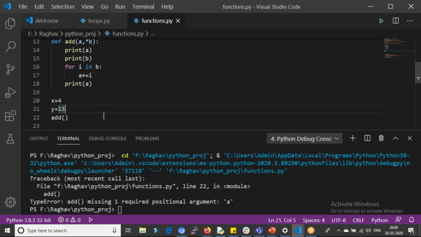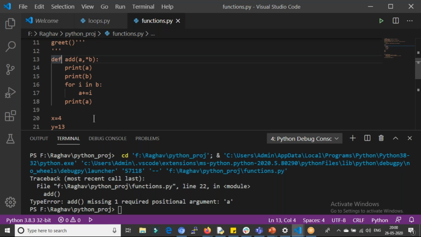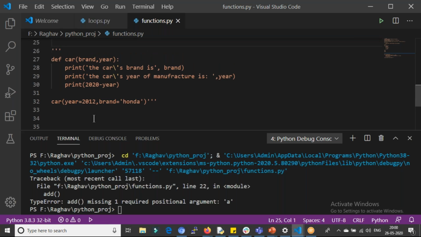This is fine when we have numbers, if we have only one type of data. Now let's get back to our car example. I want to add some more things. Say I am a buyer and I'm going to buy this car. So I'll take the brand, the year when it was manufactured, and the mobile number also. We give the mobile number for reference while purchasing. I want to give the city also.